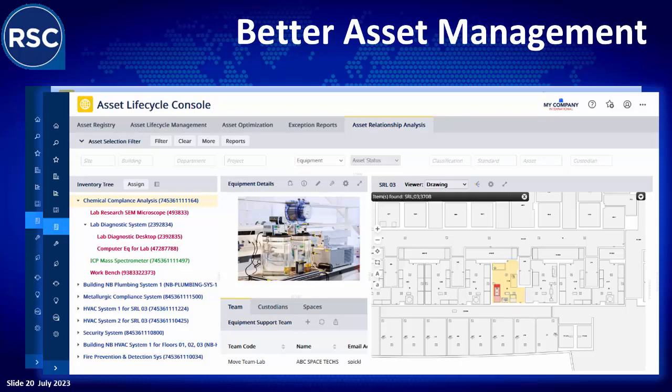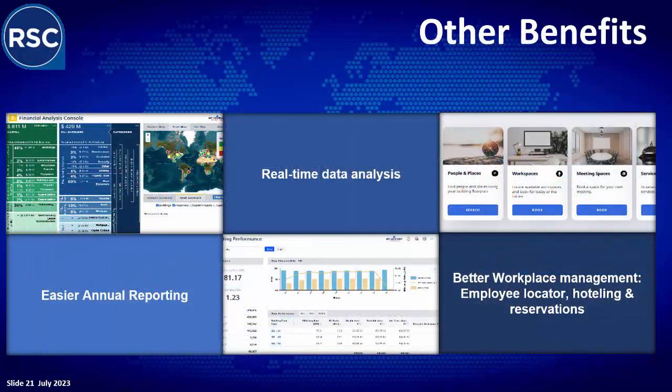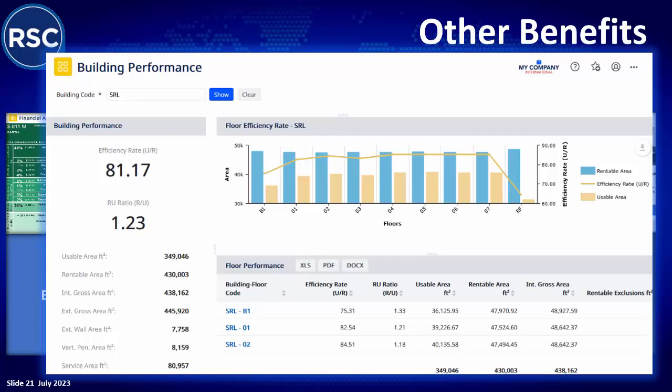Other benefits of an IWMS system are things like financial analysis. So here's a comprehensive total cost of ownership of a building. We have things like capital and expenses broken down into categories. And as you keep these applications up with the costs, this financial analysis console will show you the total costs. It's real-time data. So if somebody in New York changes something, the person in Los Angeles will see that change